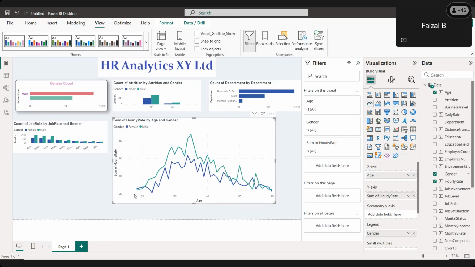Female has the higher initial salary, then